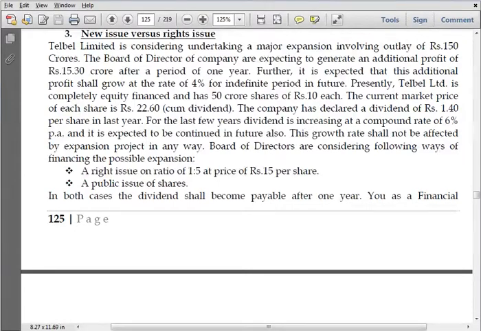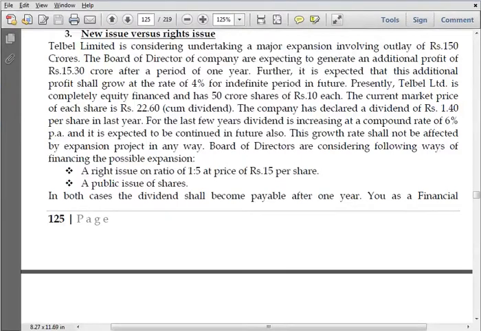Divided by cost of equity minus growth rate. Any doubts till now? Present value of the project is equal to R. When I do NPV, present value of inflow minus present value of outflow. Outflow is 150 crore. Inflow is 15.3 divided by KE